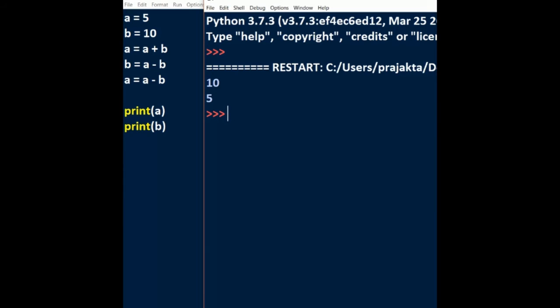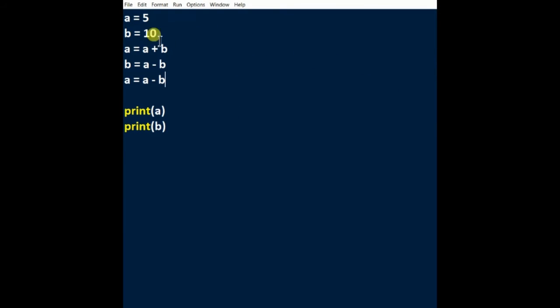And one more technique for swapping is the XOR technique. This time we change the numbers. Here we enter 15 for a and 20 for b. The XOR technique is: we enter a equals a raised to b,